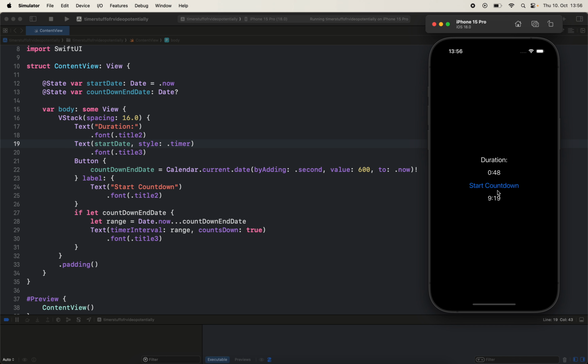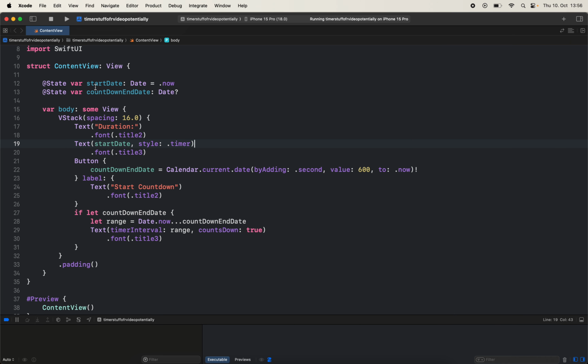And for the countdown here, as you know, I have a button here, and whenever I press it, it restarts the countdown. And for that, I have a different date here, which is initially nil. But when the button is pressed, I set that countdown end date to a value by using the current calendar. And by using the current calendar date method, I'm creating a new date with respect to right now that is 10 minutes away. So by adding seconds of value of 600, I'm initializing a date that is 10 minutes in the future